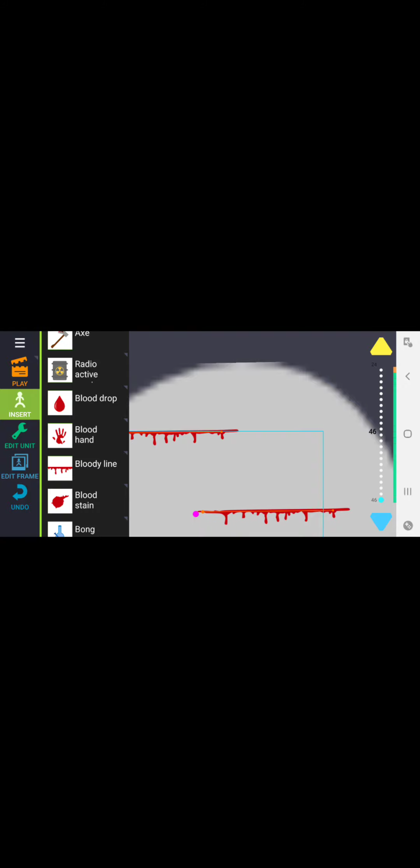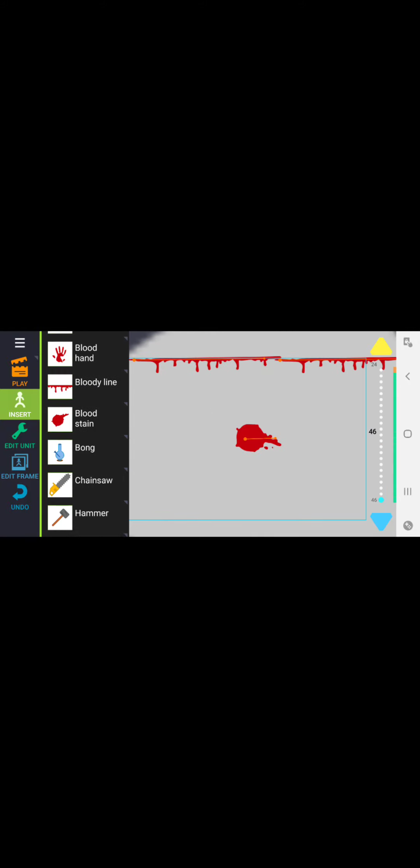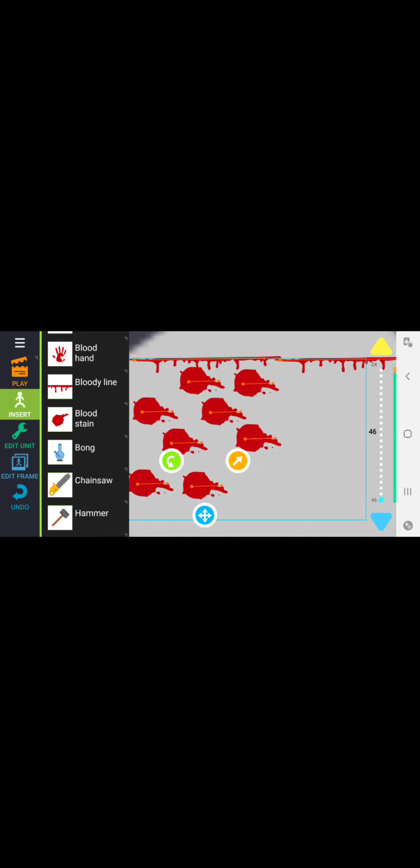And then I got another one. And then I did that. And then I put a bunch of blood stains everywhere. There was a bunch of blood splats everywhere, and then I needed to add more.